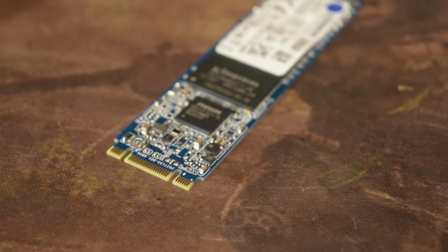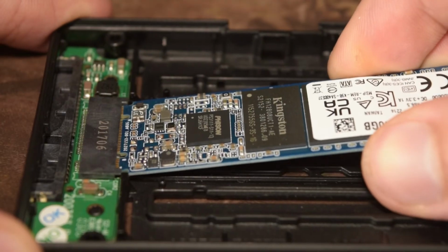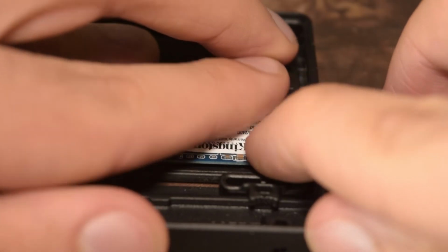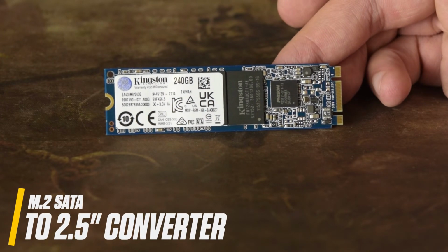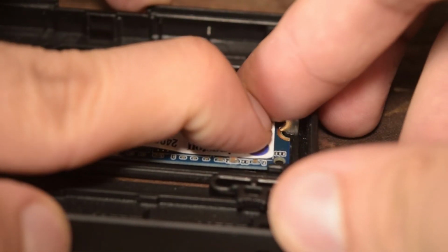Just like that, we found out how the product looks. Now the interesting part is how it works, how it connects to the computer, and we'll get to that right now. Using this adapter doesn't need any advanced computer knowledge or any advanced computer parts knowledge. You just need to open up your computer, take your M.2 SSD, and slide it into the corresponding port in the adapter. After you connected your M.2 SATA to the adapter, and might I mention, this adapter only works for M.2 SATA SSDs and not for M.2 NVMe SSDs. We can push the M.2 SSD and the clamp will hold it firmly,